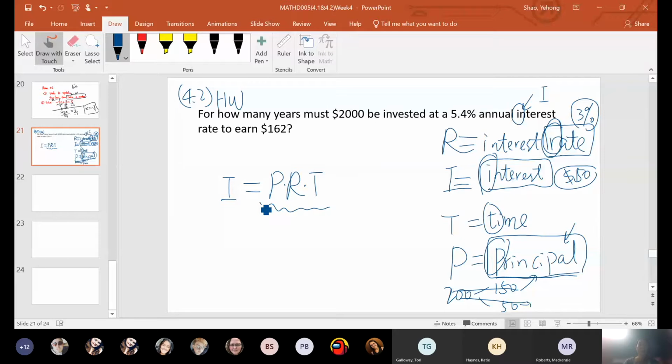When you do the question, all you have to do is plug in numbers for each symbol. To make a little difference, I'm just going to change the numbers a little bit. So let's do: how many years must $10,000 be invested at 3% annual interest to earn